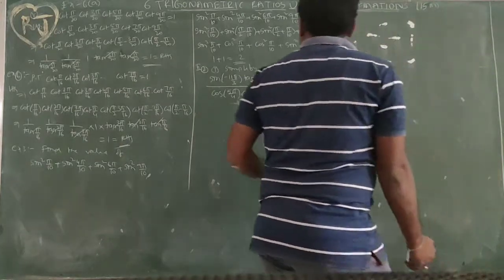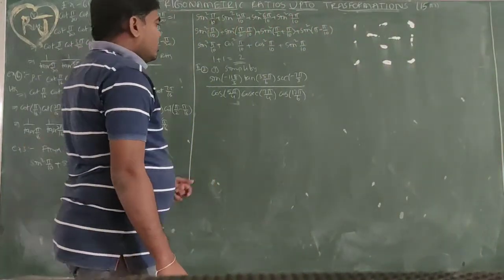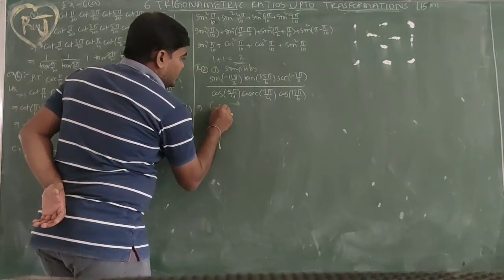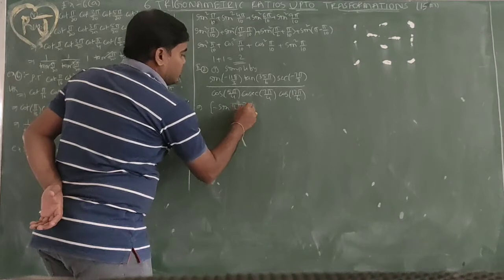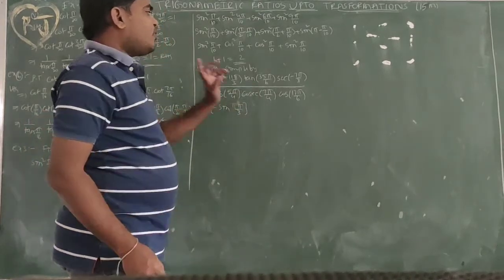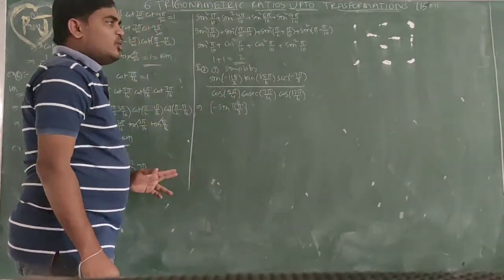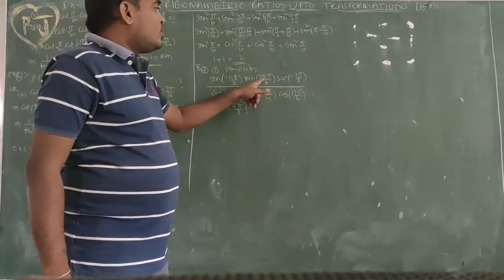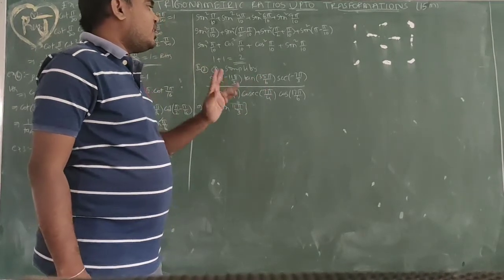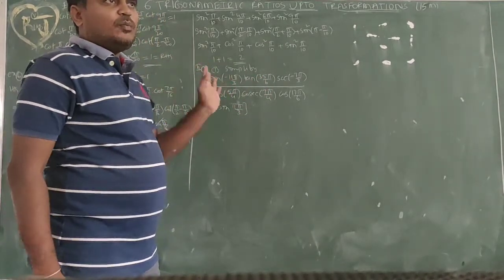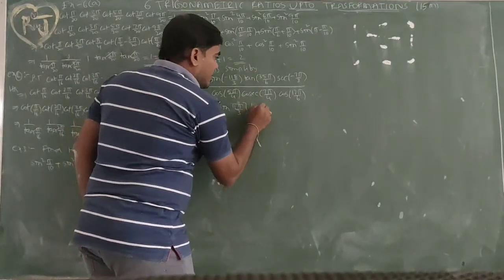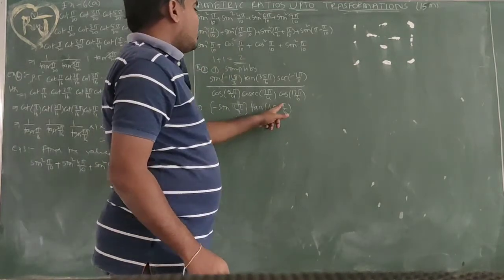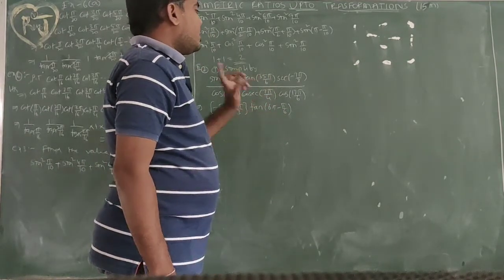So I am doing it simply. Sin of minus theta is minus sin theta, so minus sin 11 pi by 3. For 35 pi by 6, it is more than 2 pi. 6 into 5 is 30, more than 5 pi, but 5 pi value won't be 0. I want to write this one as tan of 6 pi minus pi by 6: 6 into 6, 36, minus 1, 35 pi by 6. We can write like this.